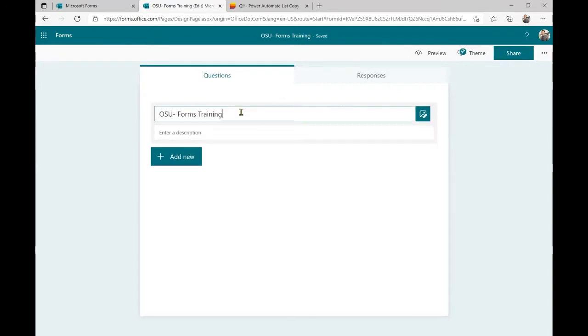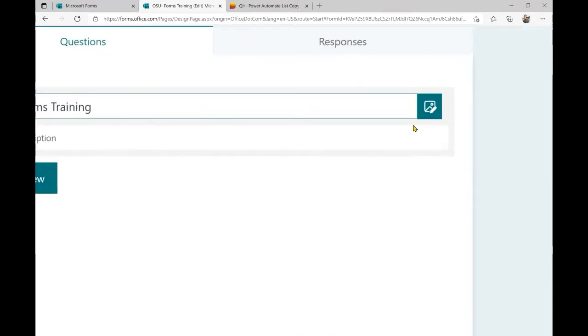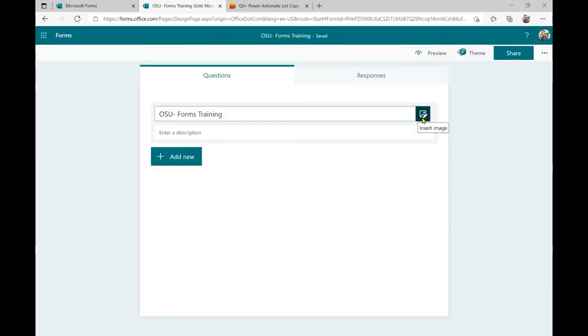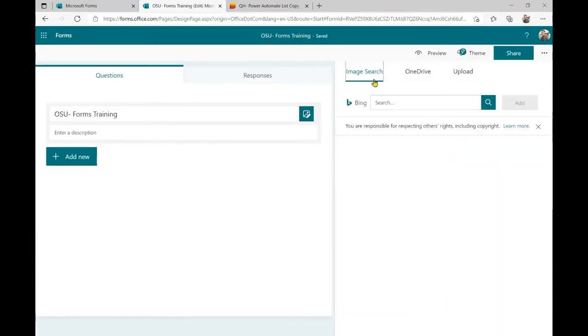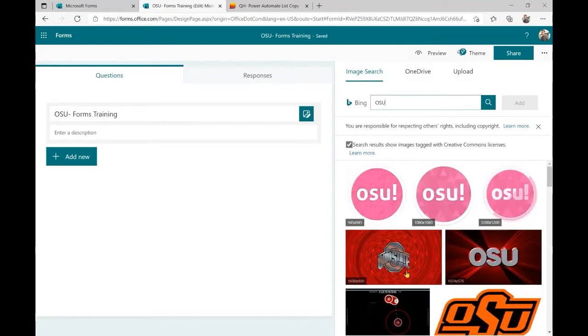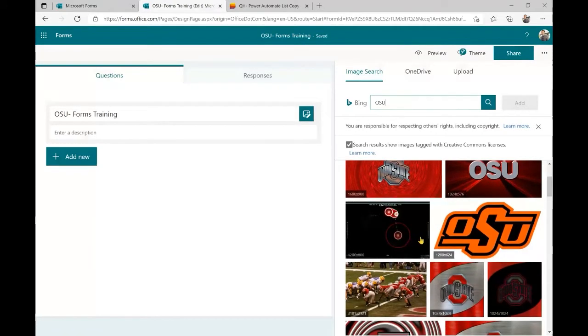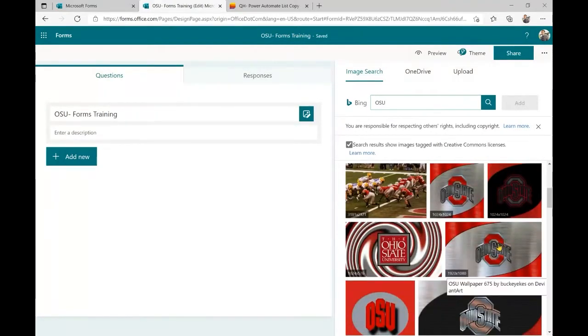So we've given our form a name. You'll see here you can also give this an image. Now it is connected through Bing, but you can also upload images from your OneDrive or upload them from your desktop. If I do a simple search and I search OSU, I'm sure I can find something useful to use.